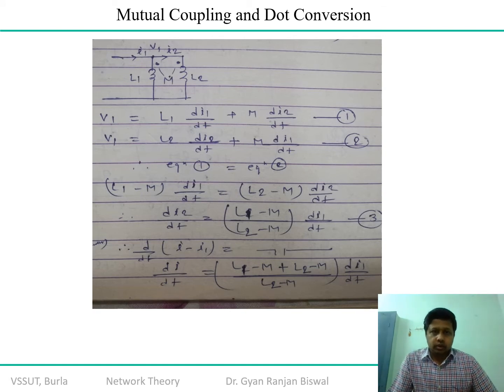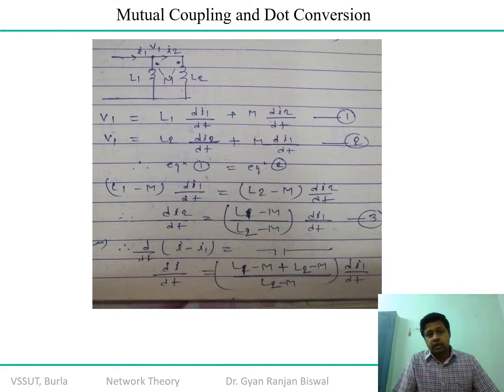So remember, your whole product in the numerator, L1 L2 minus M square, is reduced by the factor of L1 plus L2 minus twice of M, when two coils are connected in a parallel network with the current or the flux in the same direction. If the current or flux direction is opposite, as I have given you another set of problems to modify that, you consider either one dot incoming and another out, indicating the outgoing of the current.